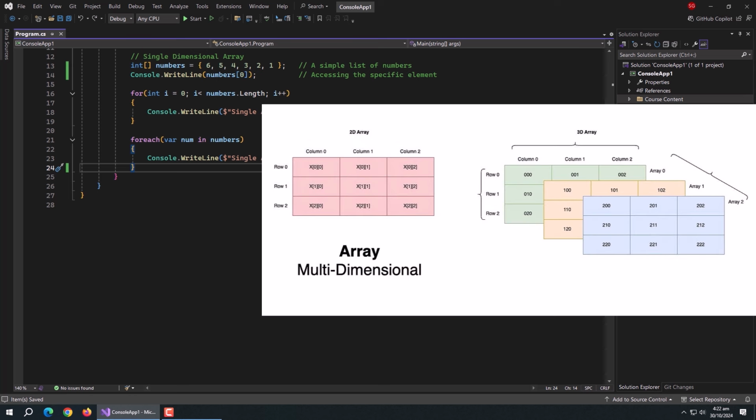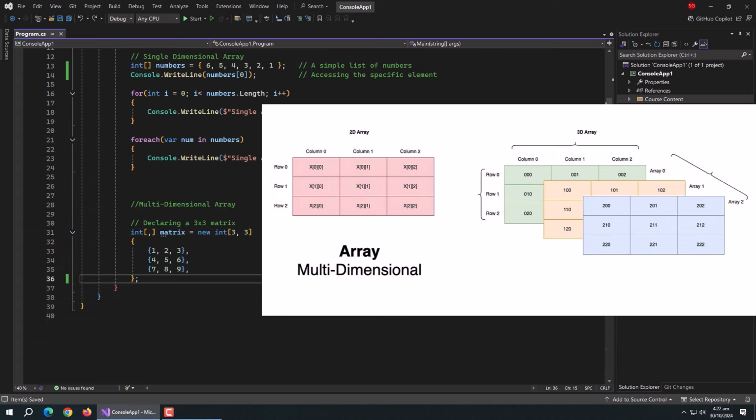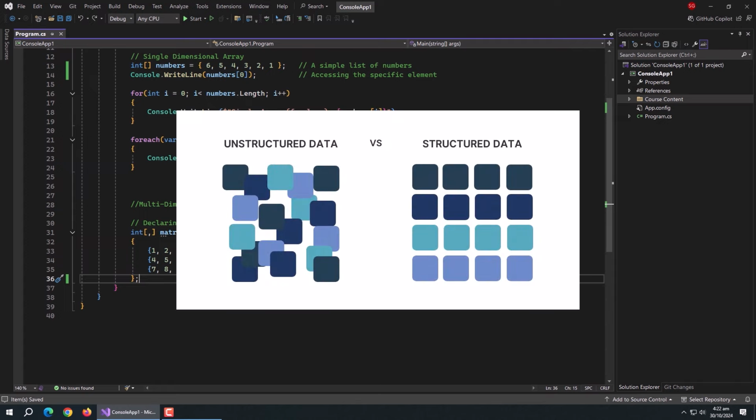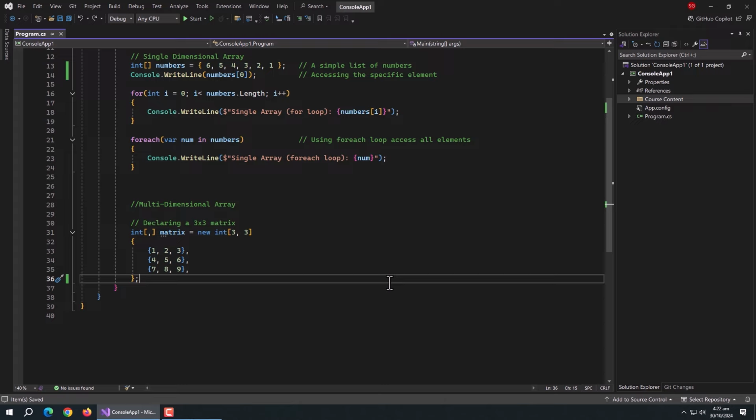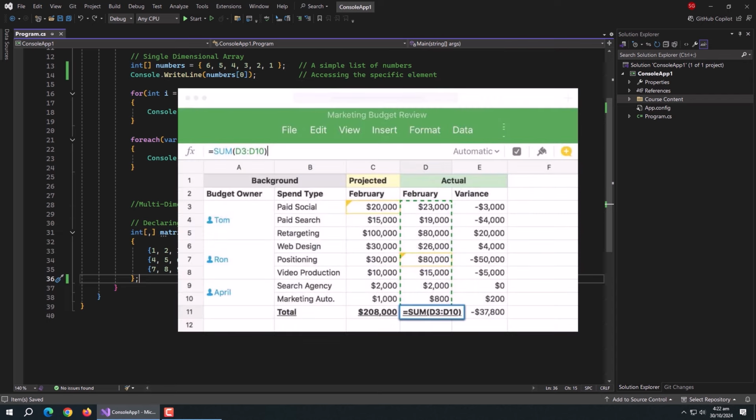Now, let's talk about multidimensional arrays. Multidimensional arrays are collections of elements arranged in more than one dimension, like rows and columns. The most common is a 2-dimensional array, often visualized as a grid or table, but you can create arrays with more dimensions if needed, like 3-dimensional arrays that represent data in a 3D space. They're useful for representing data in structured formats where you need multiple levels of access. In C#, multidimensional arrays help represent complex data structures, such as a chessboard or a spreadsheet, where data is organized